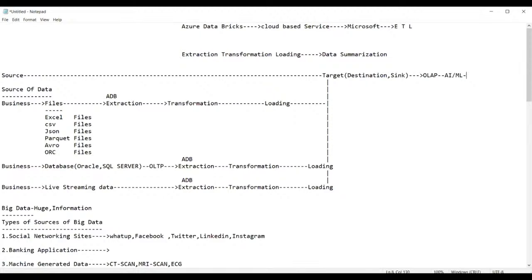Sir, are ADF and ADB enough to crack a job in the current market scenario? More than enough. In this particular course, we are covering Synapse. I'm covering integration with even Snowflake, with Amazon Web Services, integration with all various things. So anyways, there is nothing you will not be able to do. You can do it very well. That's not a problem.